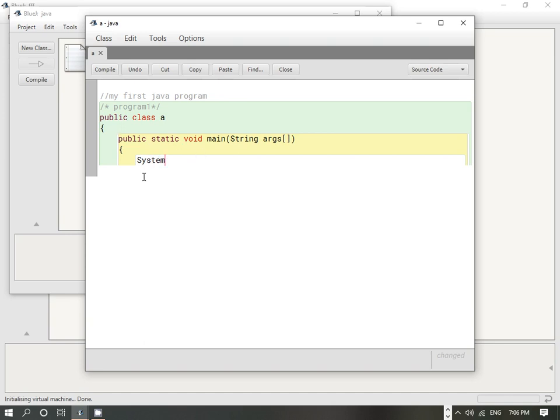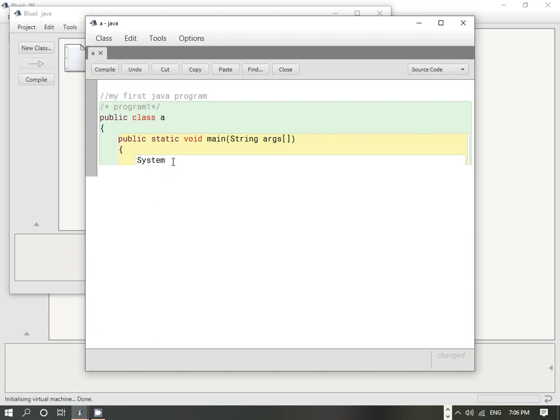Now here you can see that this S is capital, and whatever we have written till now is in small letter, but here again this String S is also capital. Now let me tell you one thing, that Java is case sensitive. Case sensitive means if you write anything in small letter or in capital letter, then they both are different and you have to follow certain rules. Like here the String's S is capital, and System's S is also capital, so you have to write in capital letter, otherwise you will get an error.